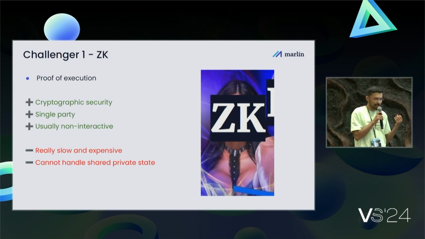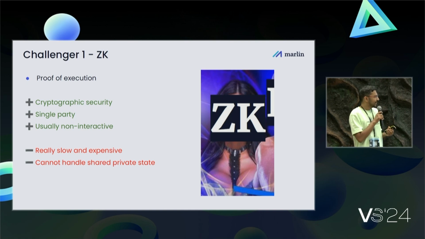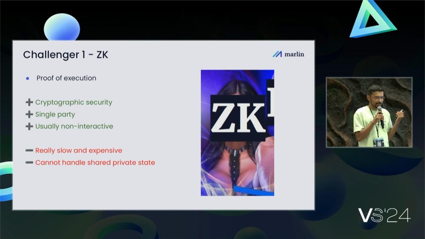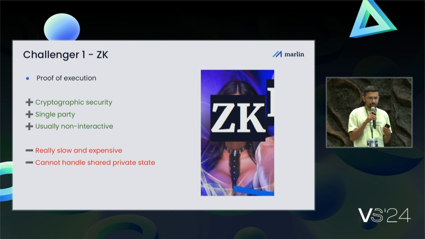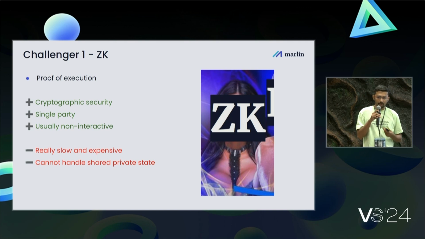First up, we have zero knowledge proofs, or ZK for short. Right? Everybody's favorite, I'm sure. So the claim to fame for zero knowledge proofs is being able to give you a proof of execution for any piece of compute that you might want to do, right? So it provides cryptographic security, which means that the security of your protocol is just dependent on cold hard mathematics, right? And it's usually single party, which means that you can just take some piece of compute, generate a ZK proof all by yourself without really having to depend on an external party. And it's also non-interactive, which means that you get to do it without interacting with the outside world at all,